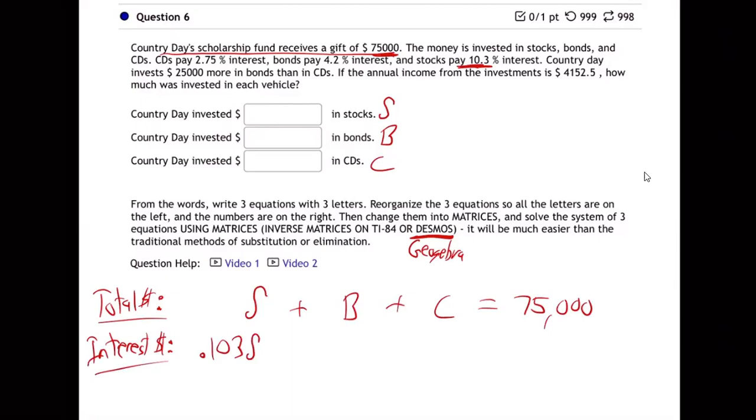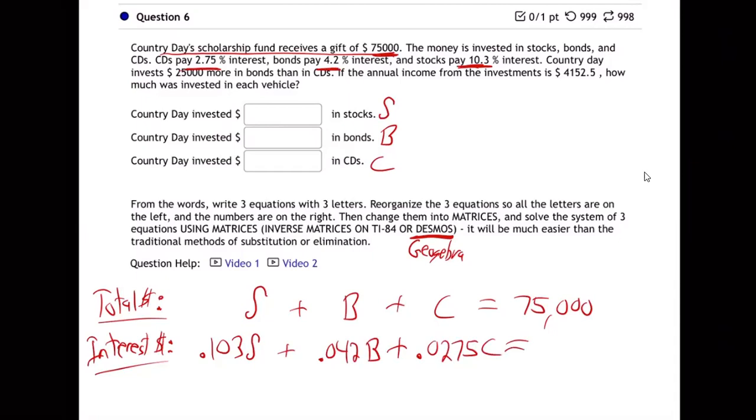Change that to a decimal. Plus the bonds pay 4.2, so move that decimal back two places, 0.042B, plus the C, the CDs pay 2.75% interest, move that back to 0.0275C,